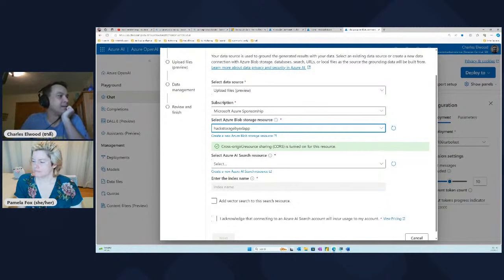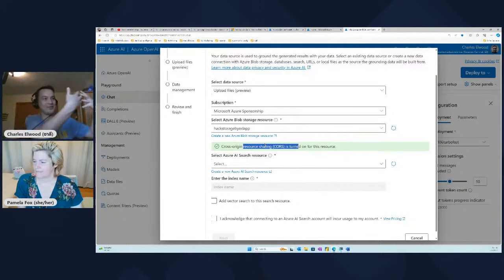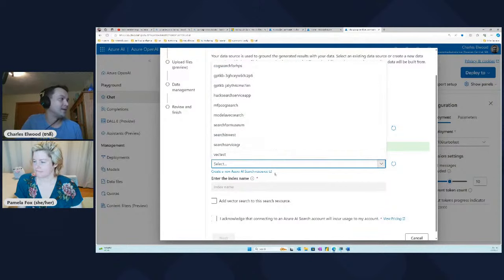And then I had to do cross-origin resource sharing. I had to turn that on for the blob storage for the files to feed into the system. I tried it without this one time and it didn't work. So this was just a simple click to turn on. And then here,